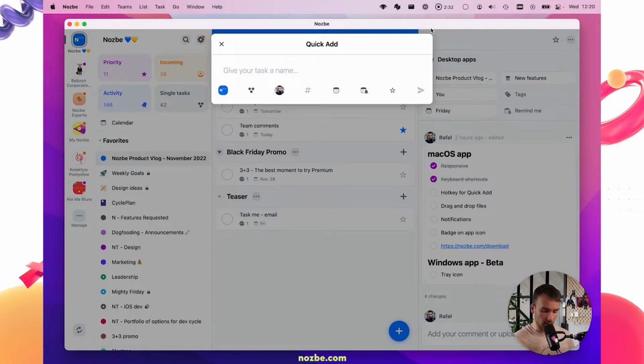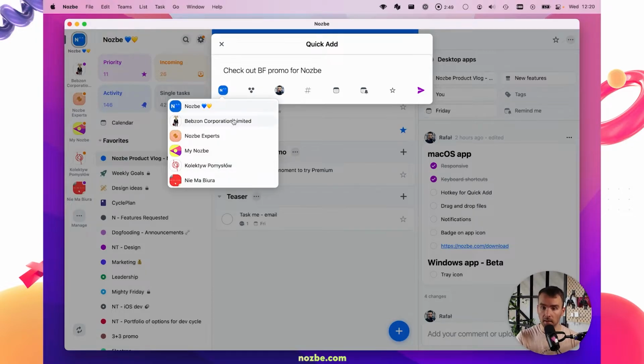So here I can add tasks. Check out Black Friday promo for Nozbe, and in quick add I can define task parameters, and I can also change the theme in which I want to add this specific task, because I can have many themes, many workspaces,